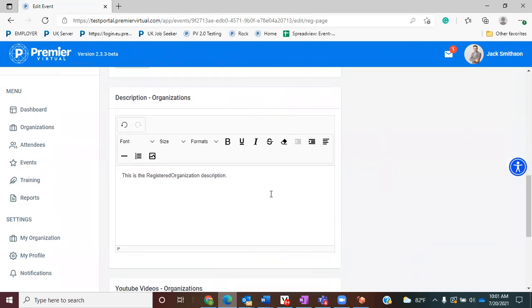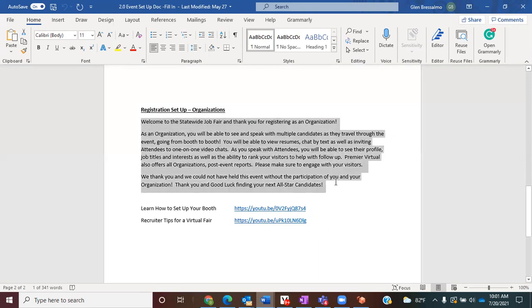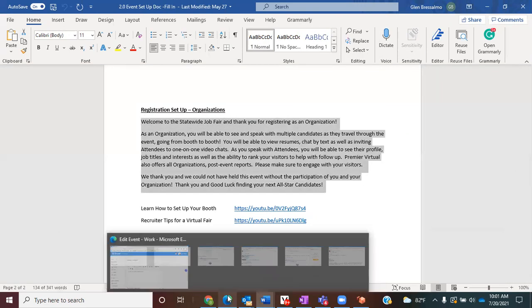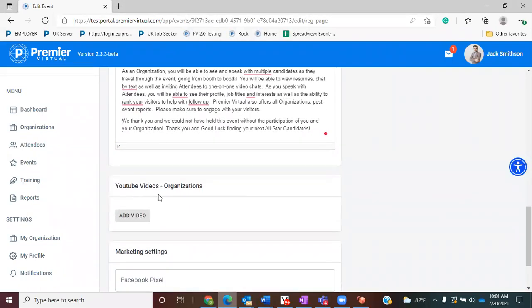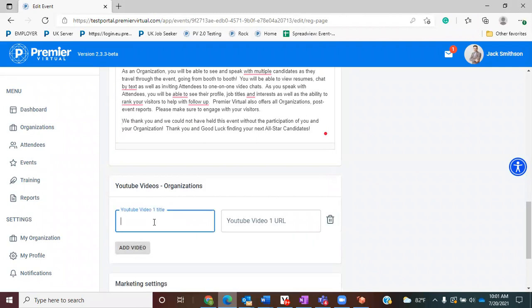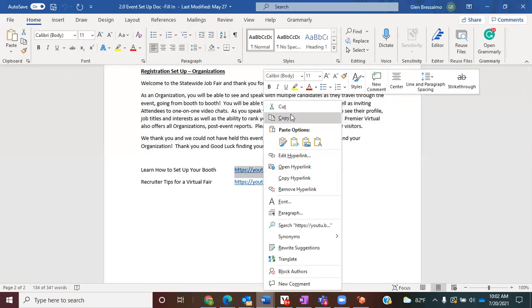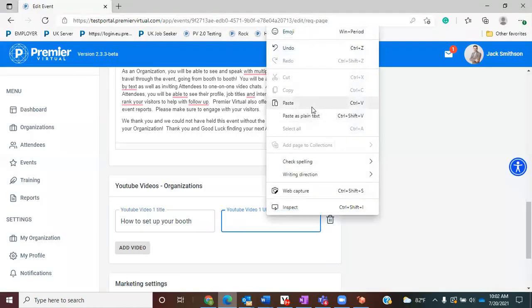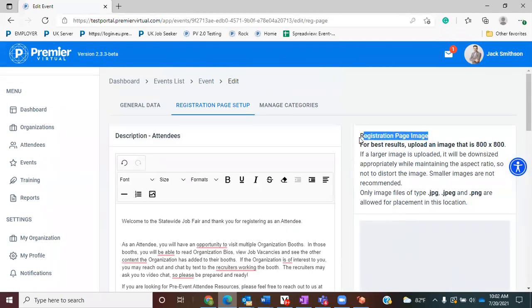So next I move on to my description for my organizations. So once again, now my messaging is to the companies that are registering for my event. Then you'll have your YouTube videos for your organizations. And then you'll be moving up to the top section here, which is going to be adding your registration page